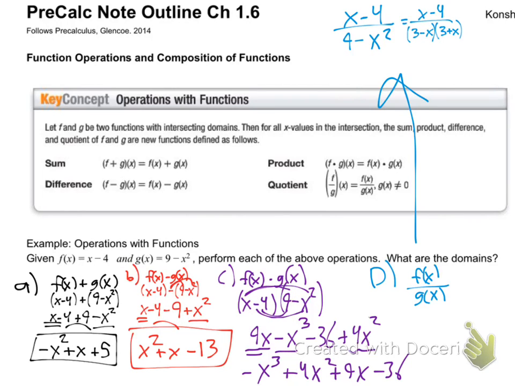Now we have to go back and talk about domains for all of these. Is that a 9 or a 4 on the bottom? That is a 9 minus x squared. And then, for our domains,